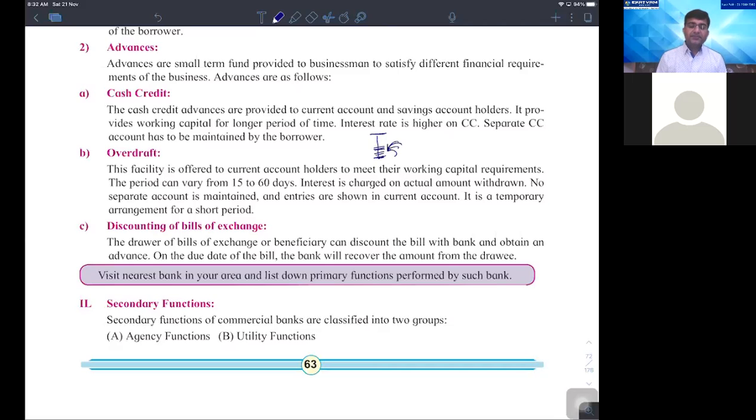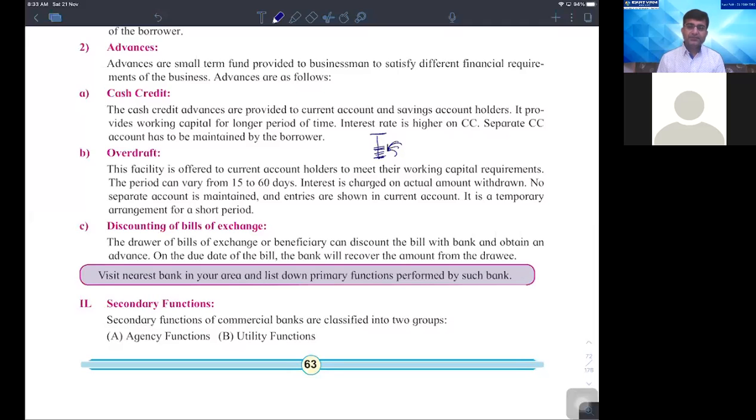अब इससे क्या होगा कि करंट अकाउंट में जब तक आप पैसे डिपॉजिट नहीं करते तब तक विड्रॉ नहीं कर सकते थे. यहाँ पे पहले आप पैसे विड्रॉ कर रहे हो एंड यू कैन डिपॉजिट इट. जब हम टर्म लोन की बात करते हैं तो उसमें से भी ऐसे ही होता है, पहले पैसा विड्रॉ होता है फिर डिपॉजिट होता है. बट द पॉइंट इज व्हाट, इन द केस ऑफ टर्म लोन्स वंस यू हैव रीपेड द अमाउंट यू कैन नॉट विड्रॉ इट अगेन. But from the cash credit, you can withdraw the money again till the time you are given the limit. So that's the cash credit for you.